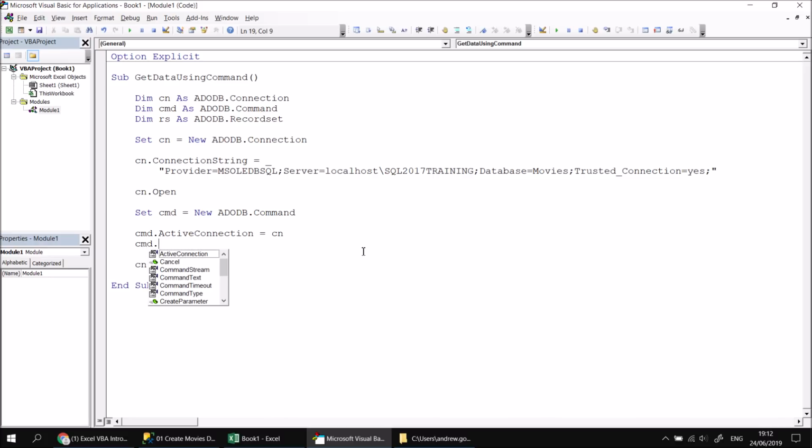We don't necessarily need to do this. SQL Server or ADO will work out what type of command we're using, but if we set the command type, it provides a small optimization, so it should take less time to process. So we'll say cmd.commandType equals adCmdText. What we can then do is set the command text property. So I can say, I'll give myself a blank line here, cmd.commandText equals, then I'm going to write a